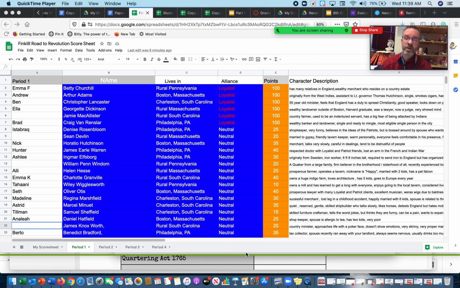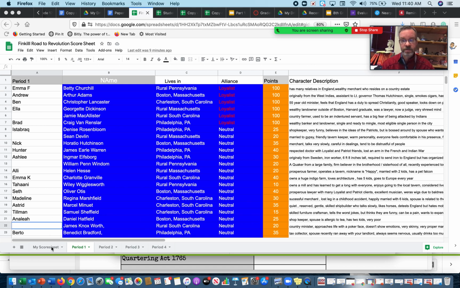All right, here's what you want to do. First, you want to get a copy of the score sheet and the roles to play. You can click on a link in today's Canvas announcement to get that. You can also scan QR codes that I have hanging up in the front and the back of the room. I think I'm going to have the substitute direct you to do that before you start the Nearpod, so hopefully you've already gotten that. Here's what you're going to see on the spreadsheet when you scan it.